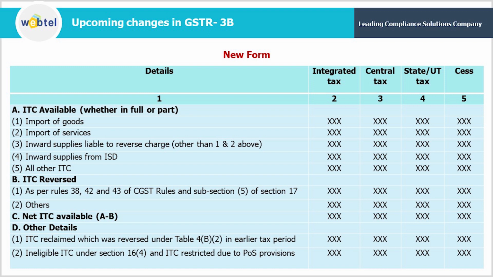After these changes, some other changes have also been made by the government, such as mandatory reporting of interstate supplies by unregistered persons in GSTR 3B, that is table 3.1, where a bifurcation was given for unregistered persons. Earlier some people were not reporting these details, so now you have to report these. These are some of the important changes.